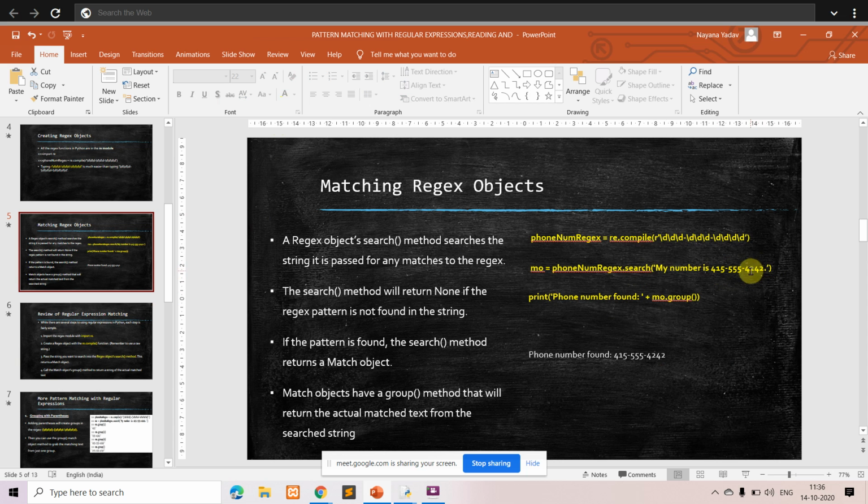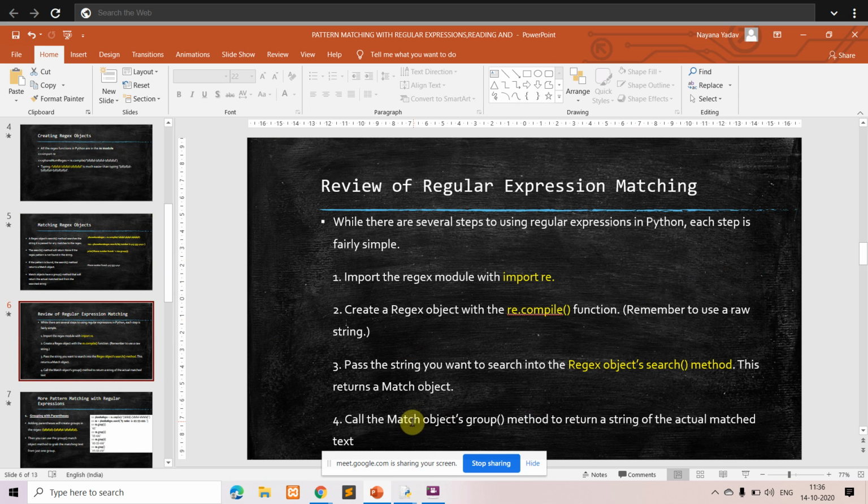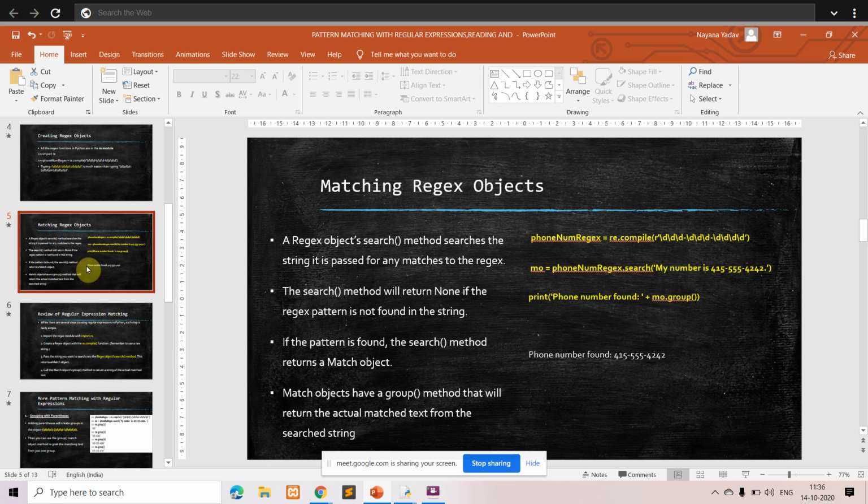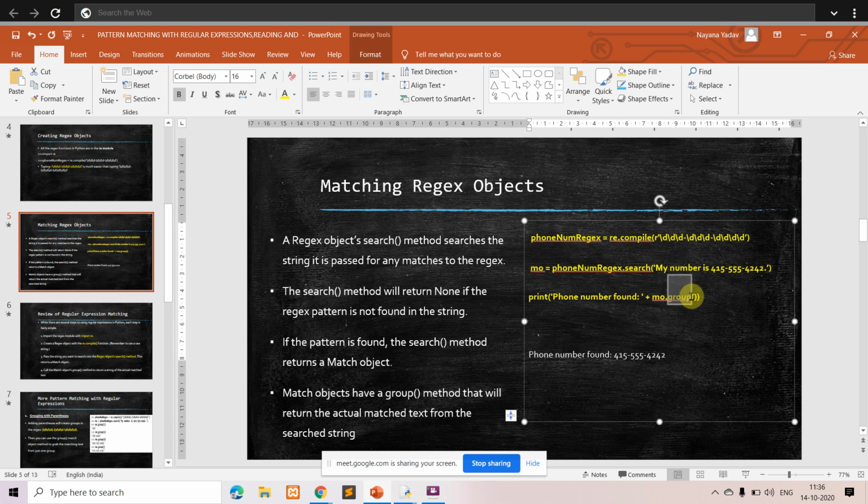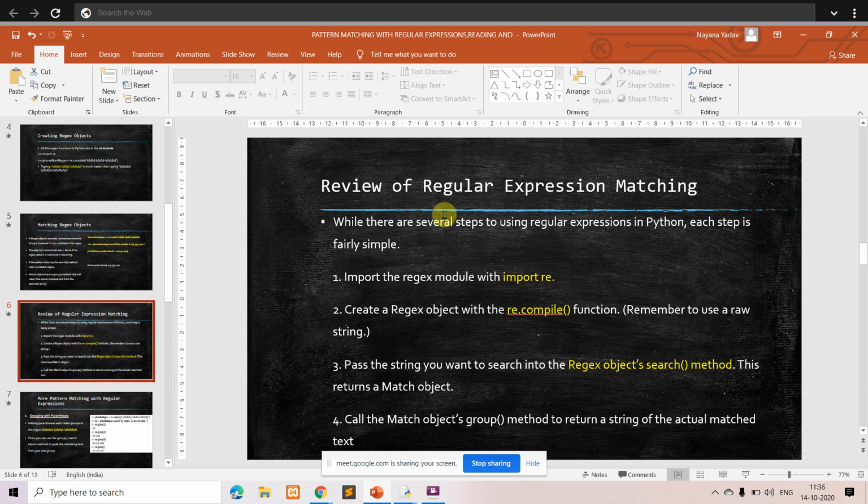415554242. So that you are passing to search, and call the match object group method to return the string of the actual match text. So finally what you're going to do, you are going to return the matched data that is in the form of a group here. These are the steps you have to know when you're using regular expressions to find a particular pattern in your given text. Okay,